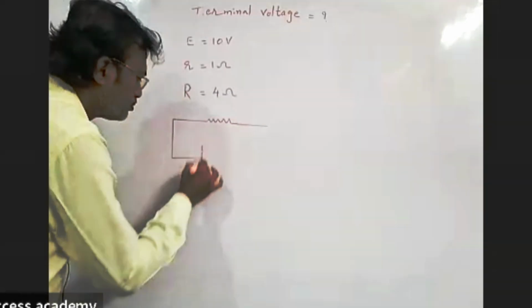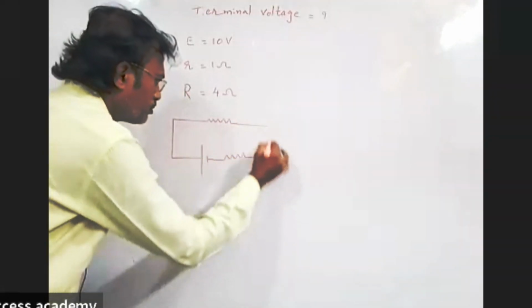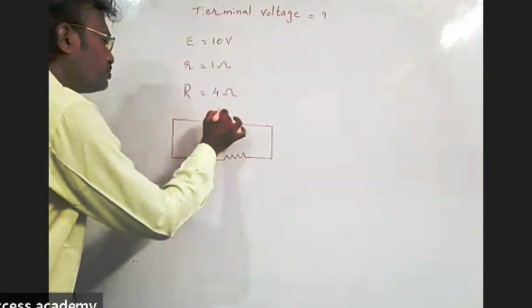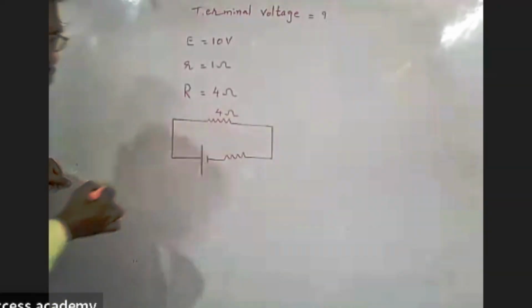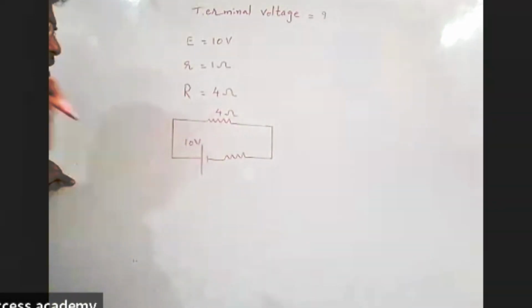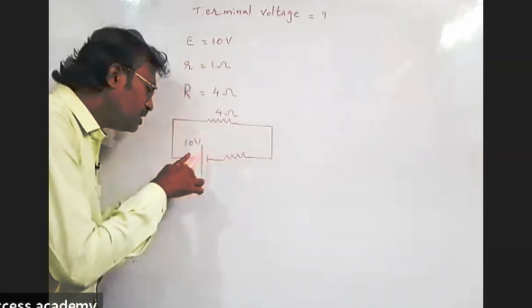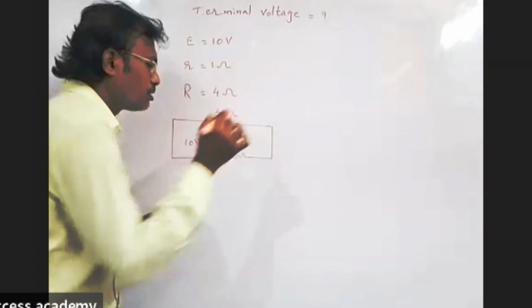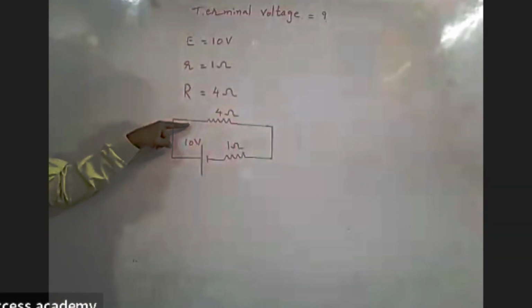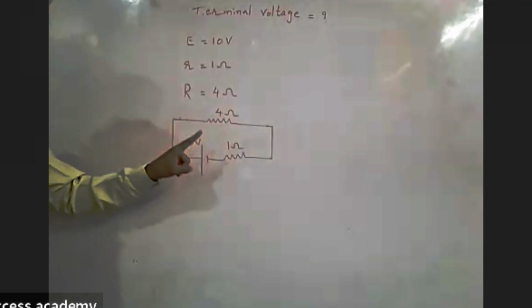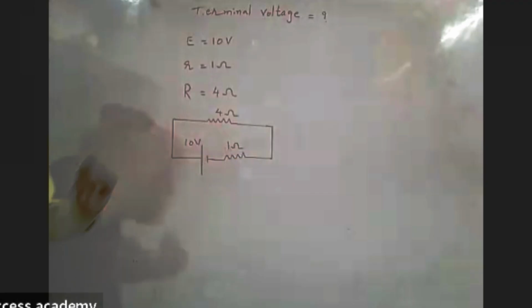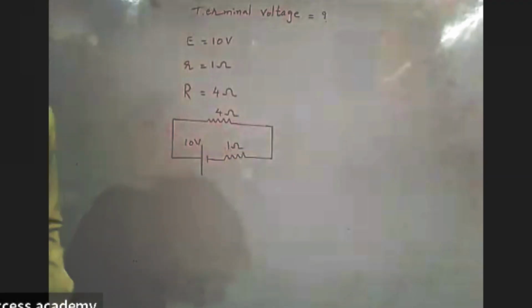So this is 4 ohm. In the problem they mentioned 10 volt. Remember carefully, when any resistor is in series with the cell, you treat it as the internal resistor, 1 ohm. Here we need to calculate the terminal voltage. So for that purpose,